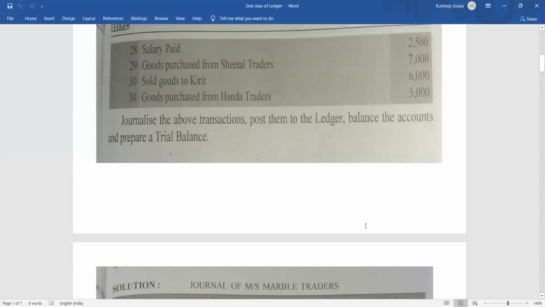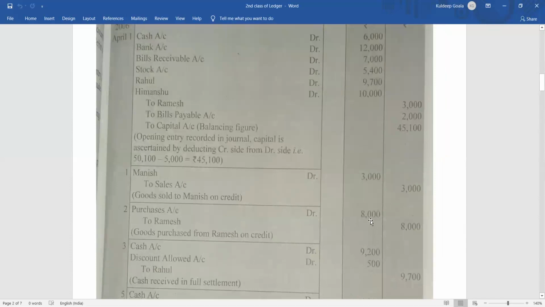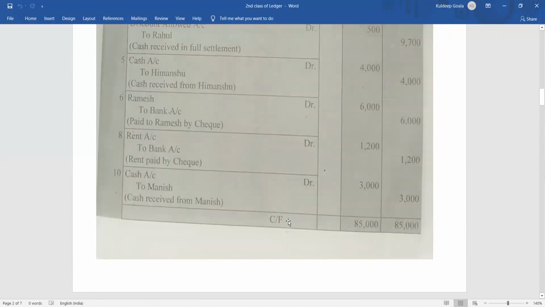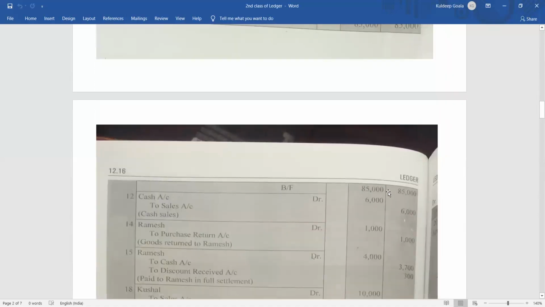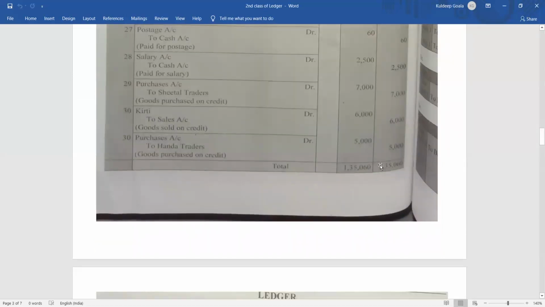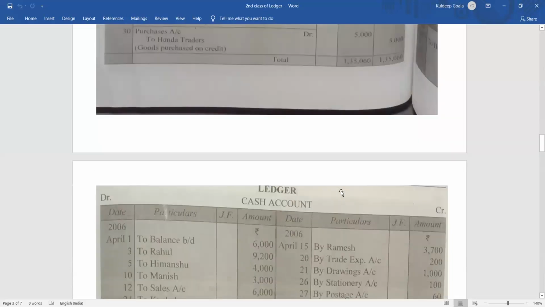See, once your journal entries are done, and if you go to the next page, that page where you are finishing the journal entry, the total you have to do, and you have to write down carried forward. CF means carried forward. And the next page, first line you have to write down brought forward. BF means brought forward. Clear? And after that you will continue. Same way again you have to do the total at the last. And if it is required, then you will do the carried forward and brought forward. Otherwise you will finish with the total. Clear? Now I will teach you how to do the ledger balancing.